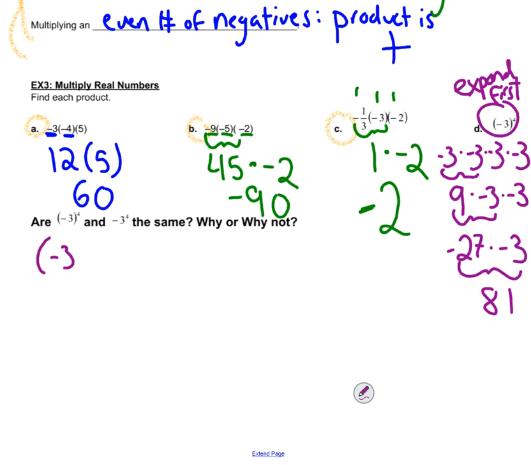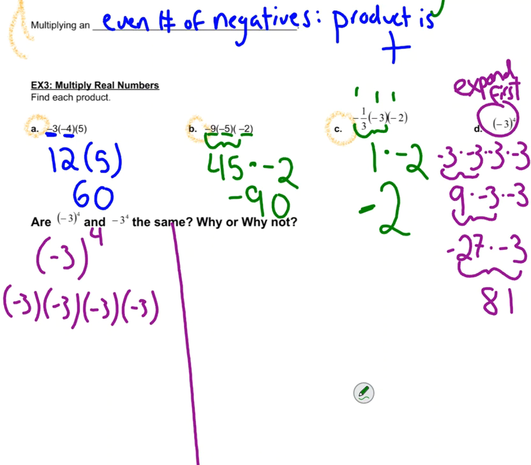We said parentheses negative 3 to the fourth power is the same as negative 3 times negative 3 times negative 3 times negative 3, and that reduces to 81. Awesome. Next,